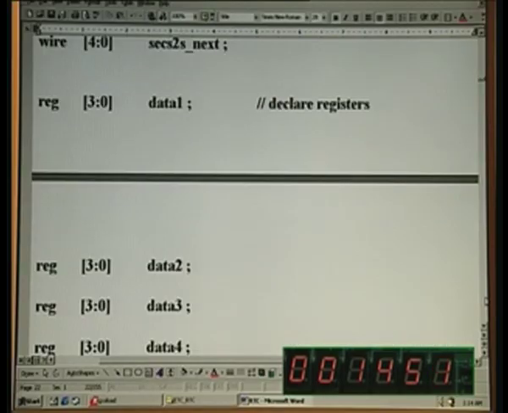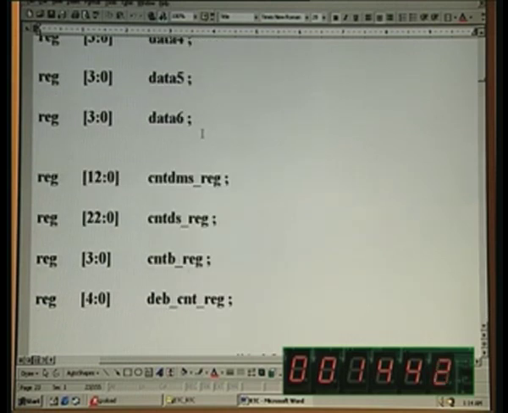And now comes the declaration of registers. Registers, as you know, are the signals that we use in the always block, whether it is combinational logic or sequential logic, right, and whatever appears as signals within the always block will have to be declared as register, and we need data 1 through data 6 here, which is the one signal to mean either counter 1 through counter 6 or counter 7 through counter 12. We have seen in the simplified architecture routing one of the two, and this is precisely that signal